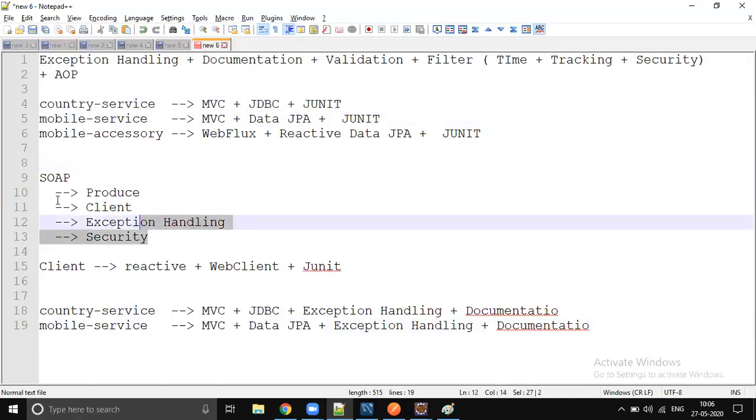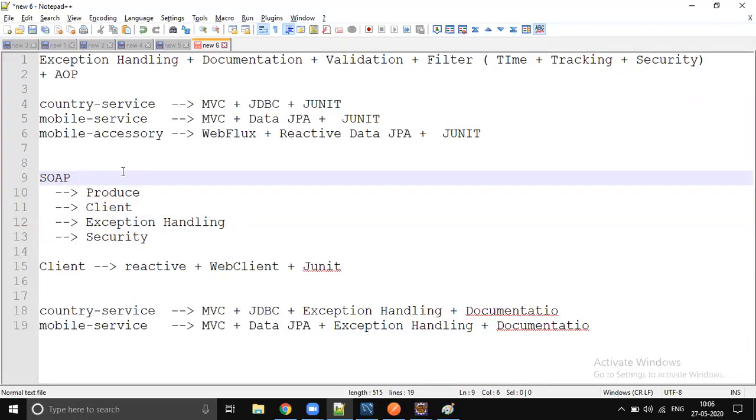Okay, so next we will start SOAP. Or else, can we do one thing? If it works for everybody, I think people are okay. Everybody is there. Let me ask the question now itself. If it works for you, we will have a long session this Sunday, purely dedicated to SOAP.